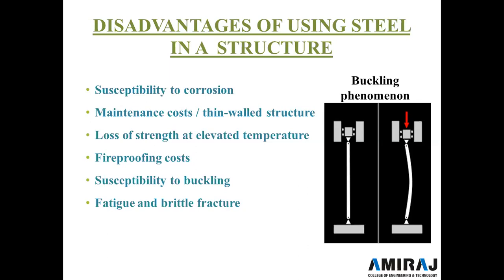Next is loss of strength at elevated temperature. The next is fireproofing cost, and another one is susceptibility to buckling, fatigue and brittle fracture. This means that it requires some fire protection, because the strength reduces at higher temperature. As the temperature increases, the strength of the steel is also